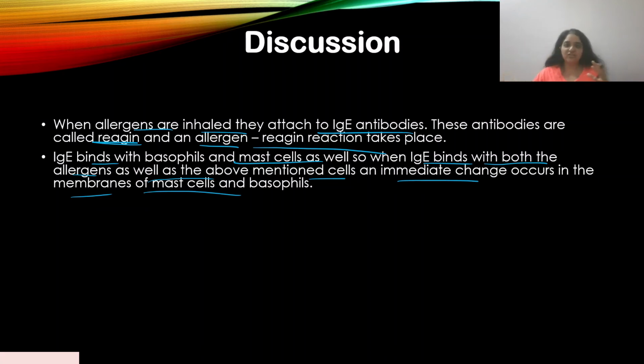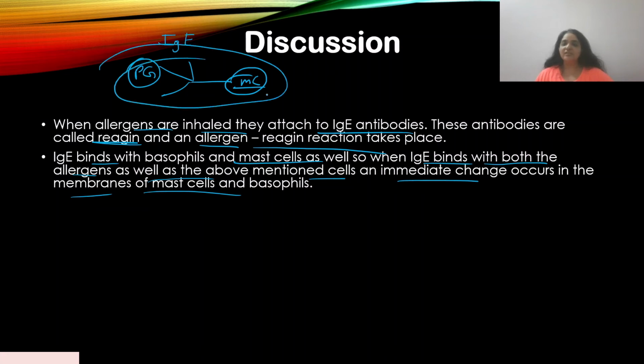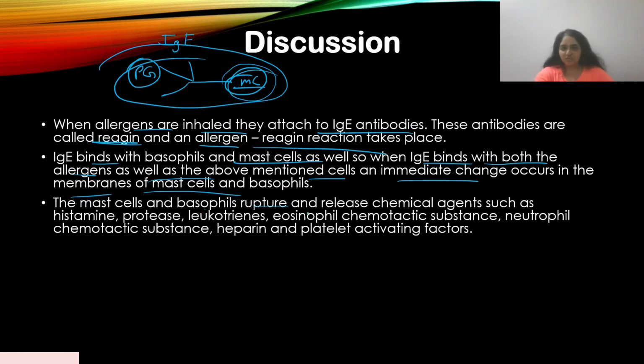Now this whole reaction between pollen and this antibody, let's say it has attached to a mast cell. This is the pollen grain and this is your IgE antibody. Now this causes a reaction in the cell membrane of these mast cells. The mast cells and basophils rupture and release a series of chemical substances called histamine, protease, leukotrienes, eosinophil chemotactic substance,